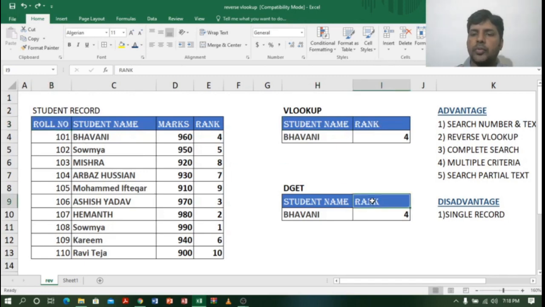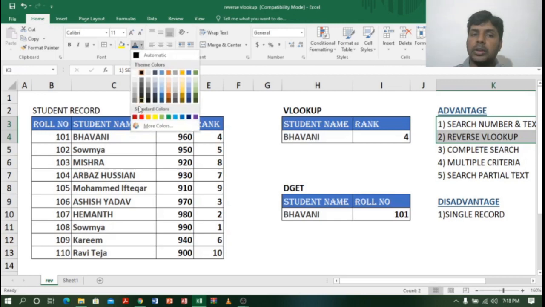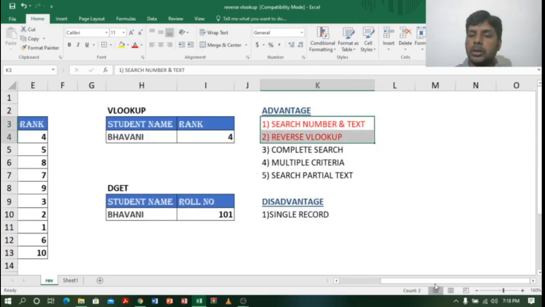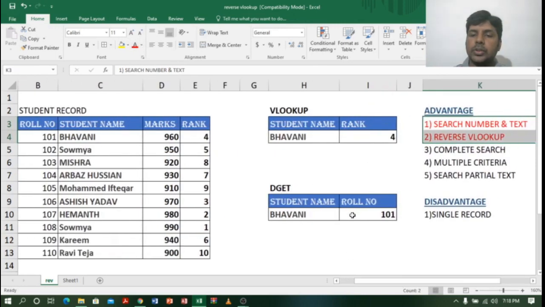Suppose in place of rank I type roll number. See, automatically I got the roll number 101. So Bhavani's roll number is 101. So the DGET function can also do a reverse VLOOKUP, which is not possible with VLOOKUP.